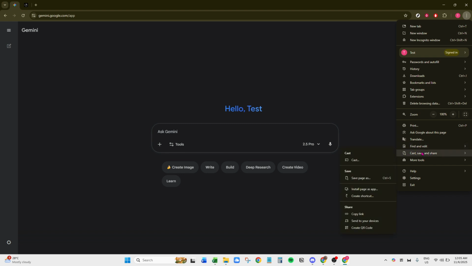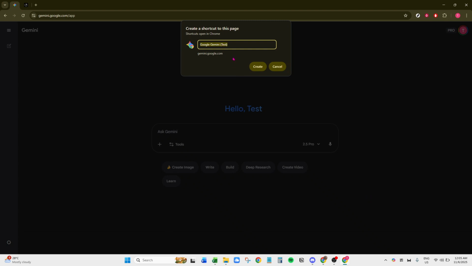Depending on your browser, this section might be phrased a bit differently, but it generally refers to sharing and saving functionalities. Hovering over this section will unfold another set of options for you to explore. From this unfolded list, the option that we are keen on selecting is Create a Shortcut. This is the key step that will enable you to have Google Gemini ready and easily accessible as an app